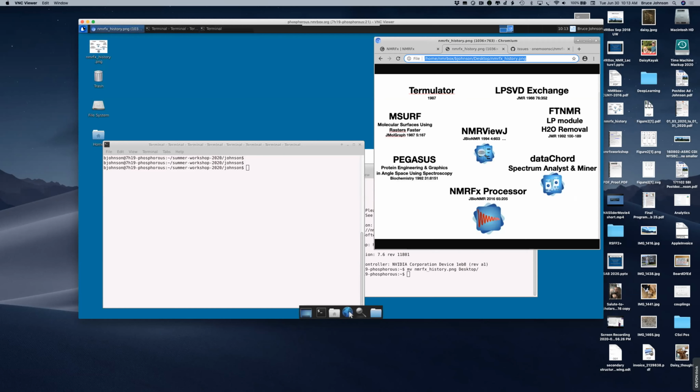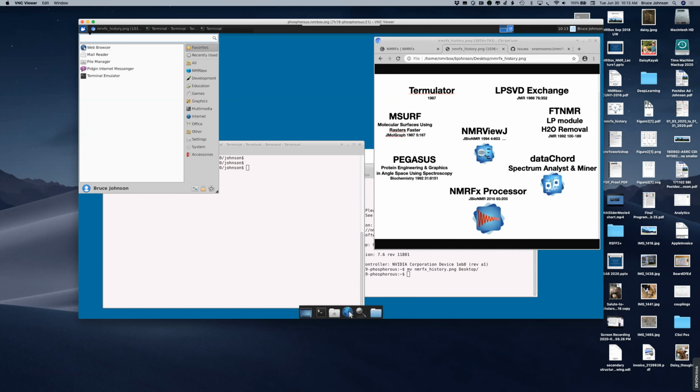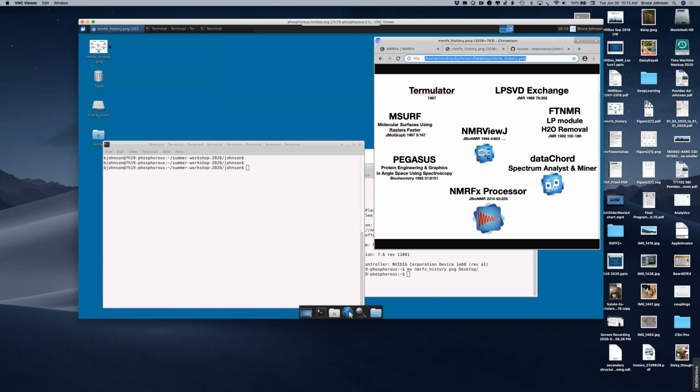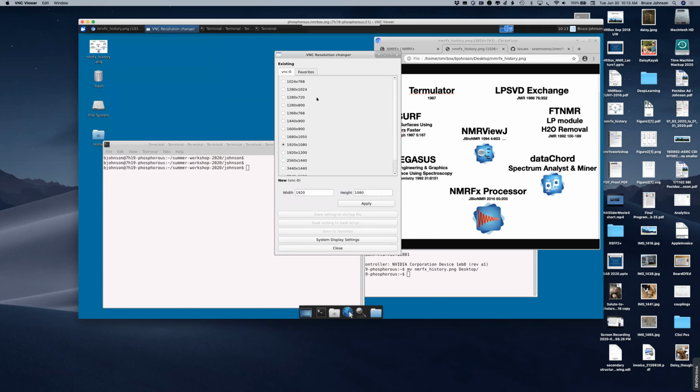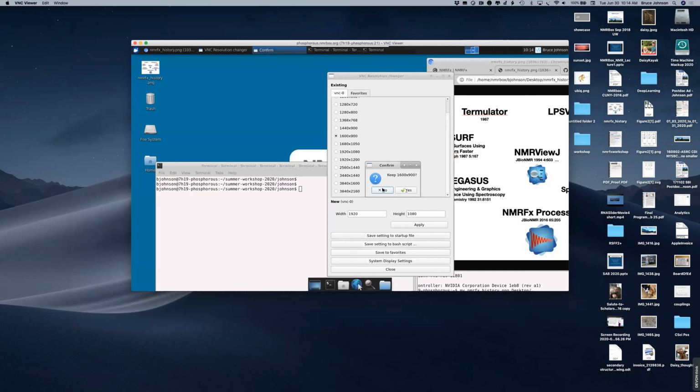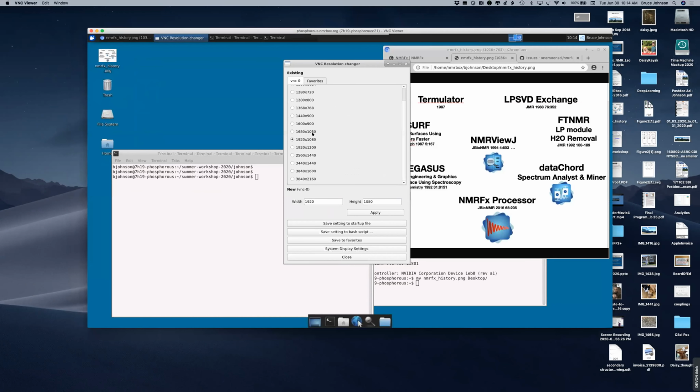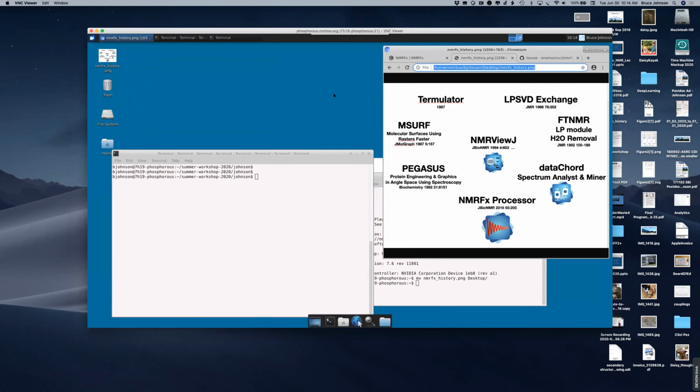Once I'm in there, you can click up here on this icon, and there is installed a program called Resolution Changer. If you bring that up, you'll see a whole series of resolutions that you can choose from. And the default one is rather small. So depending on what sort of desktop size you have, you can choose another size and just click and it will resize. I'm going to say, no, I don't want that one. I'm going to go back to 1920 by 1080 and apply and keep and confirm. So that should have resized